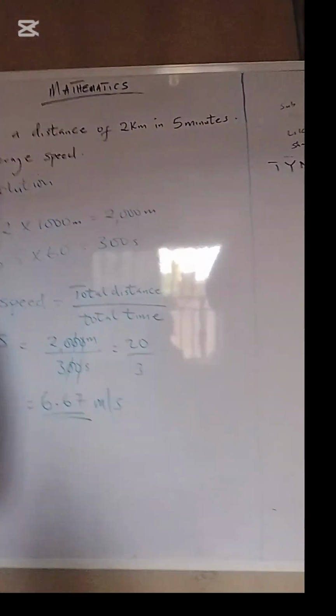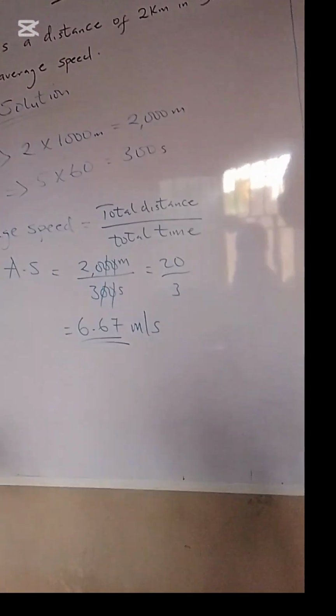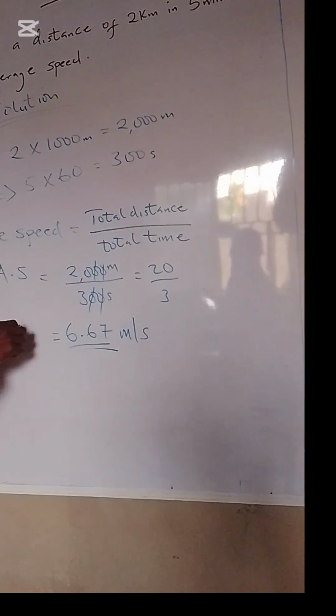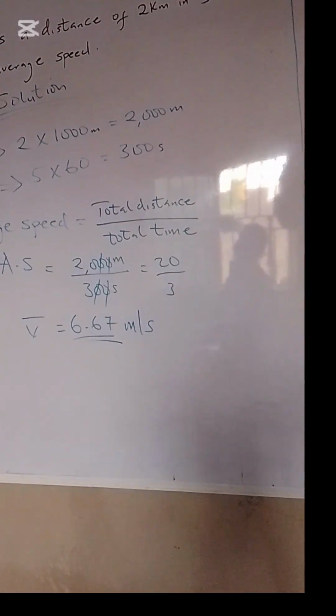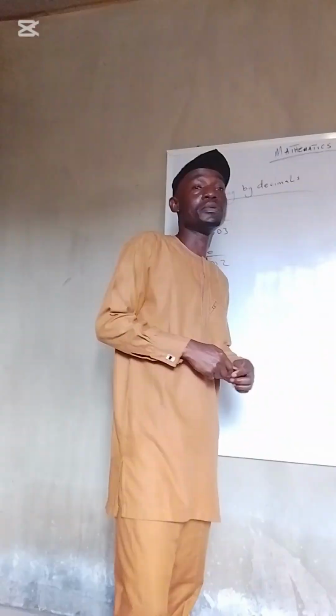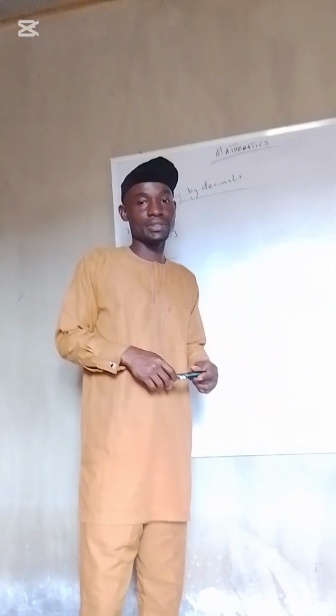So anytime we are given average speed in meter per second, even in physics, this is the symbol for average speed in physics. For those of us in the science class, our average speed is another edition of mathematics class. But before we proceed, please